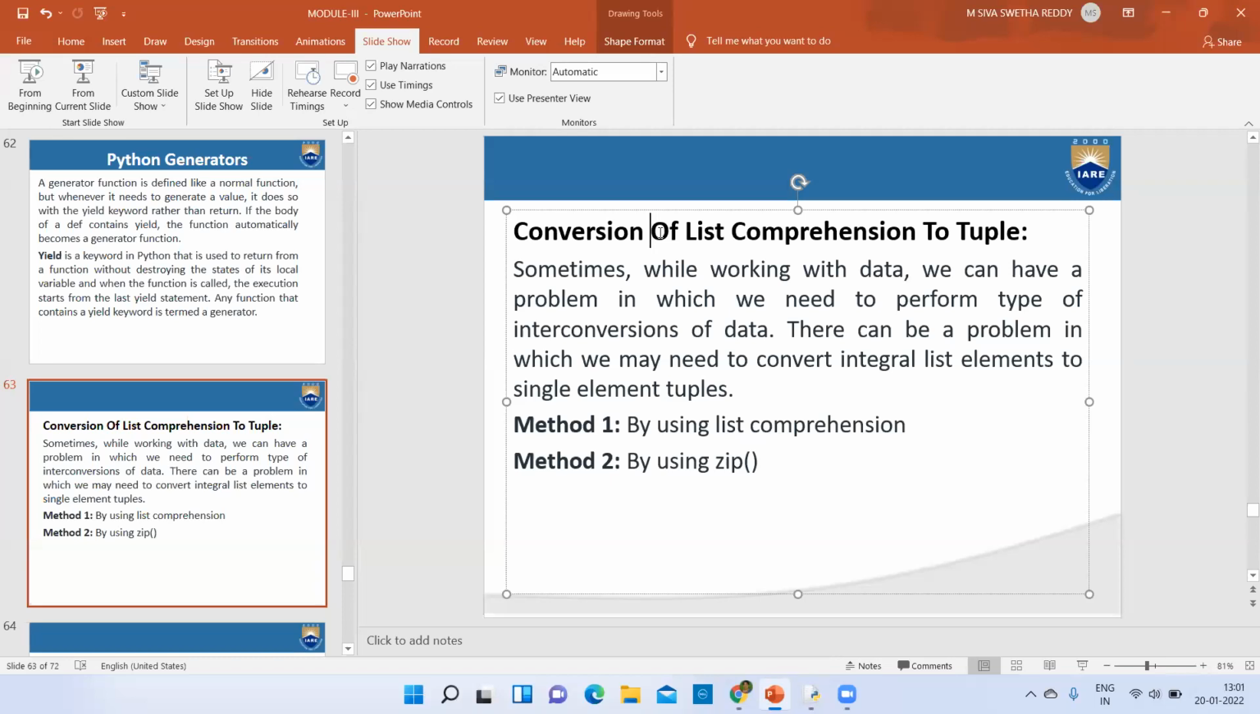Can you tell once again, starting onwards? This conversion of list comprehension to tuple. In order to convert integral list elements to single element tuples,